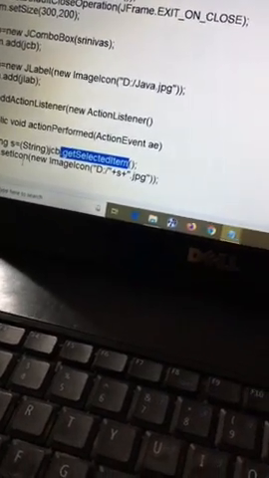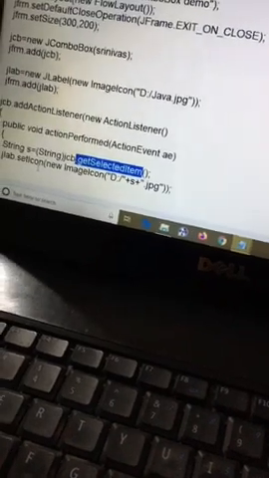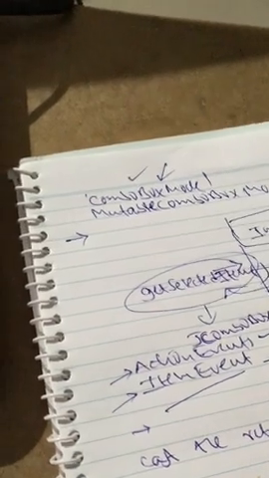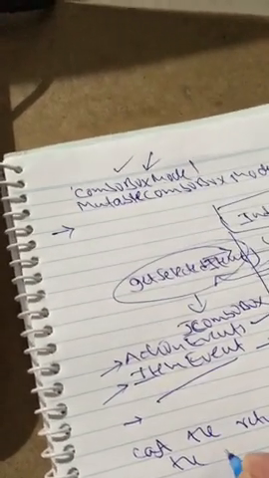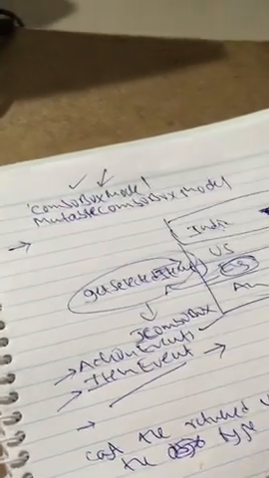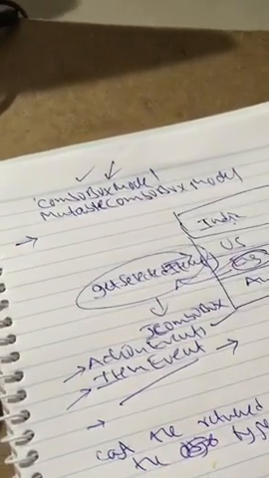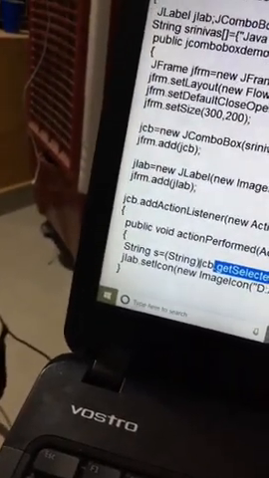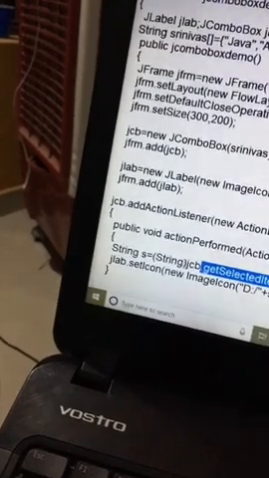Okay, so you will need to cast the returned value into the type of object stored in the list, meaning we have stored string type of values.